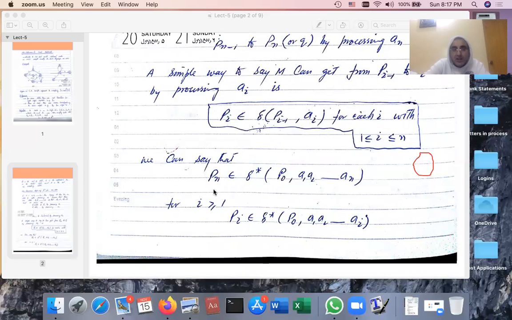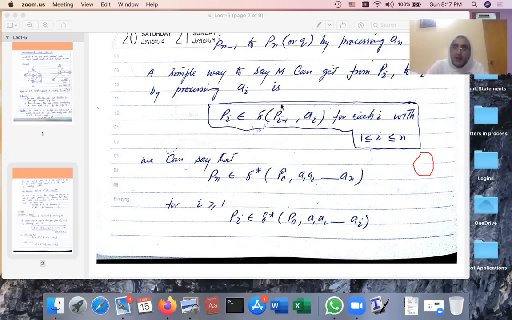We can reach this state Pn after applying multiple transitions. Here it is only delta, one single transition. From the previous state we can apply Ai, and then we can reach Ai. But this is Pn. We can also mention this in a way that represents all our transitions from the initial states. Now we are going to finalize our equation from the initial state to the final state of the machine M,